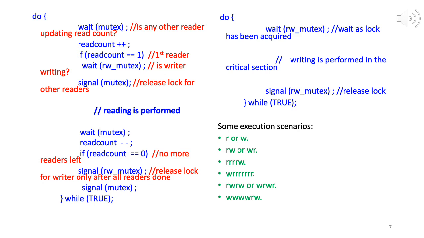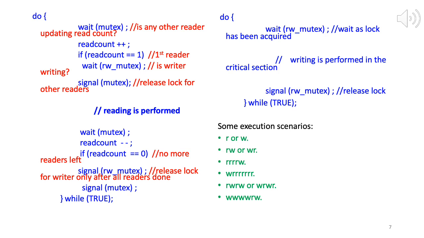Read write. So definitely the first reader will acquire the lock. The first writer has to wait, and when this reader releases the lock, then the writer can get in. Now when the second reader comes, it has to wait for the first writer, and when the first writer releases the read write mutex lock, the second reader acquires it, and then the second writer has to wait till the previous reader releases the lock. So you can see this should work well.